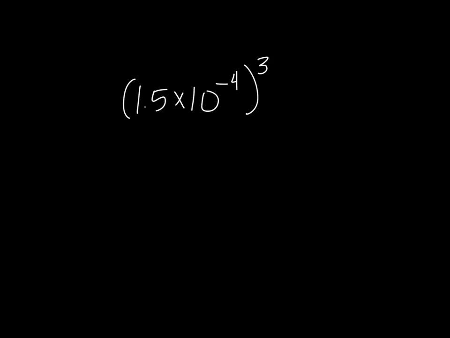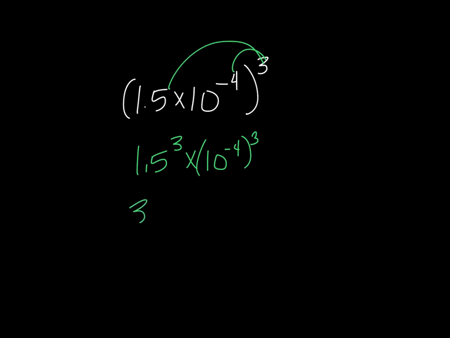So I can say 1.5, and the 3 goes to that one, so 1.5 to the 3rd, times 10 to the -4, and then the 3 goes to that one, so I put it there. And I take 1.5 on my calculator, and I raise that to the 3rd power, so I get 3.375 times,